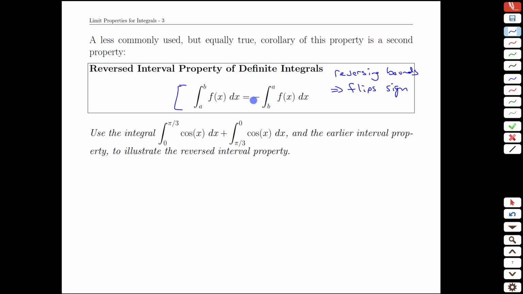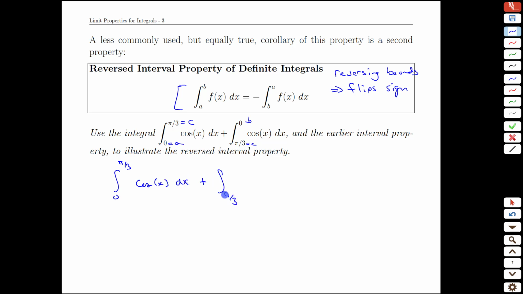Now, in some sense, this has to be true because of what we saw in the previous example. If we integrate from 0 to pi over 3 and then pi over 3 to 0, this is the one we have to think about what it means. We'll do that soon. But just from a purely logistic step, imagine going from a to c and then c to b, which is what we had in the last example. If we had the same endpoint